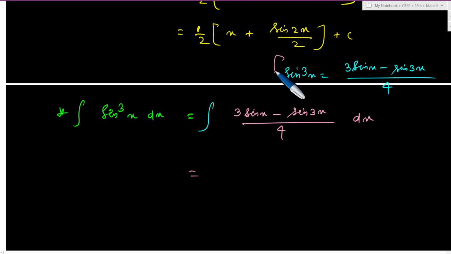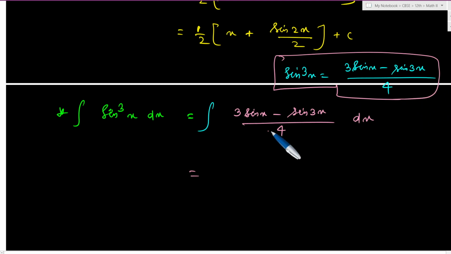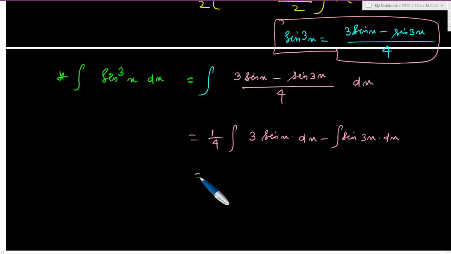And I will not tell how this formula comes, because जब ये कहूँगा ना तो आपको ये इंटीग्रेशन रह जाएगा। ठीक है, तो ये 1/4 मूव्स आउट। ओके, तो 3 sin x dx माइनस यहाँ पे इंटीग्रेशन ऑफ sin 3x dx, कुछ भी नहीं है ये। तो ये 1/4 क्या है, तो अब ब्रैकेट में रखना है, क्योंकि ये डिवाइडेड बाय 4 था। अगर आप ब्रैकेट में रखोगे, सिर्फ इसको मल्टीप्लाई करोगे, इससे नहीं करोगे तो गलत हो जाएगा।